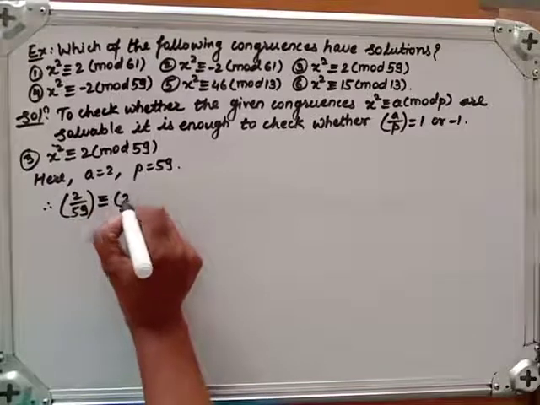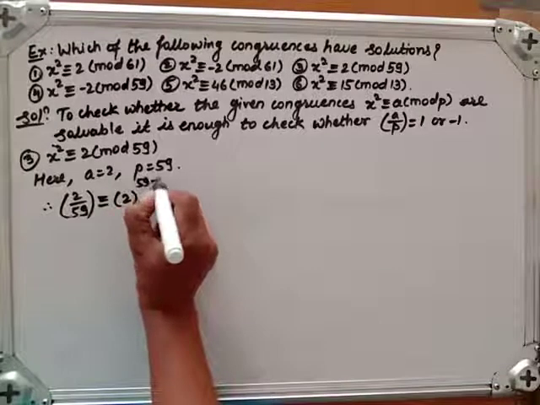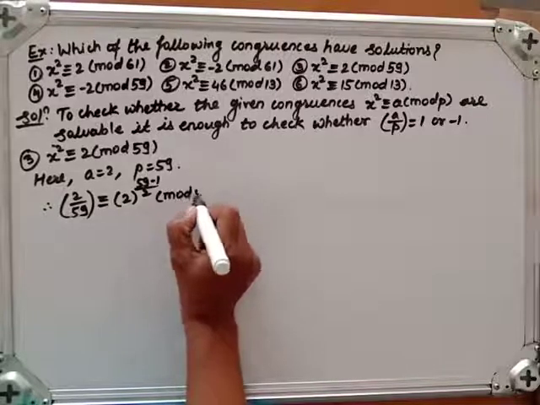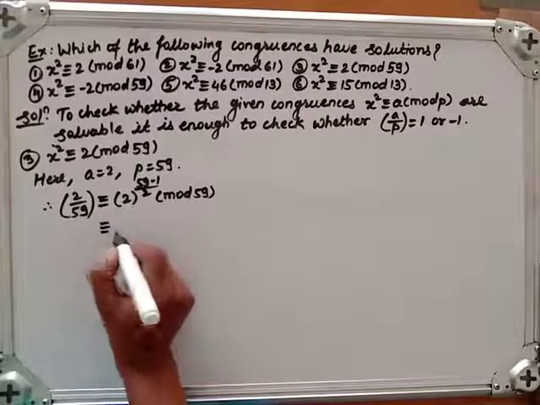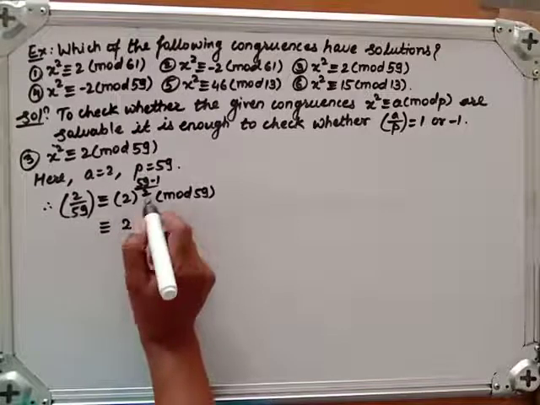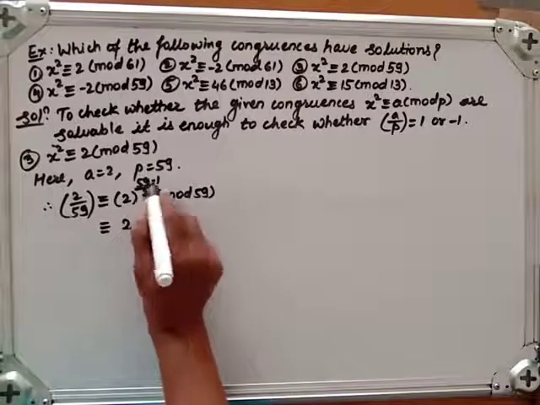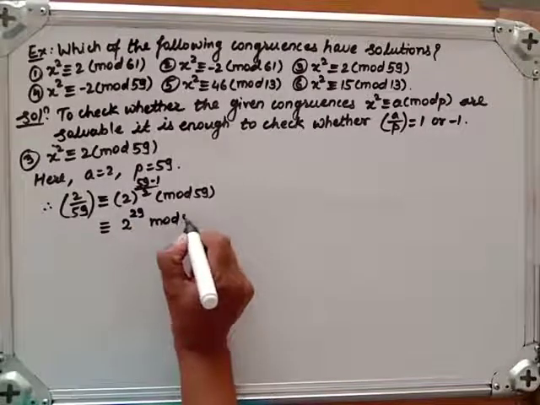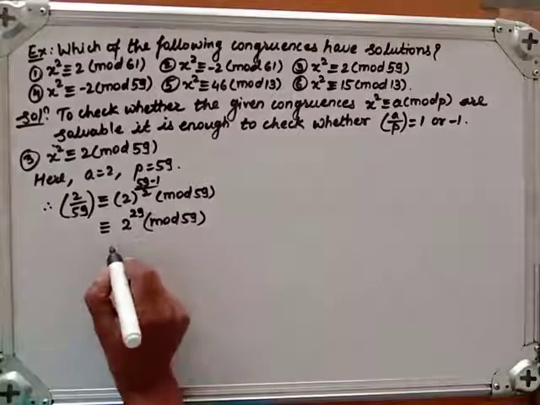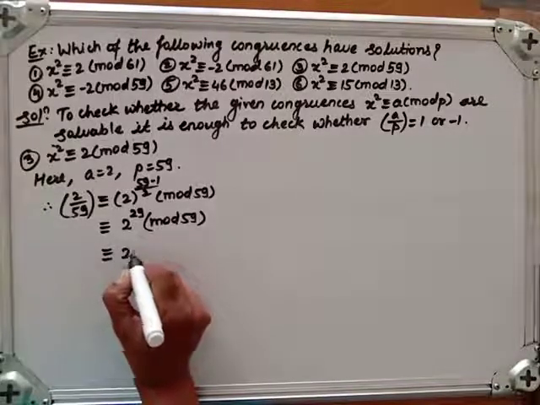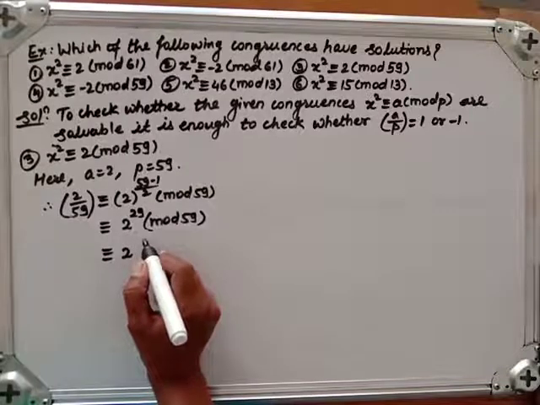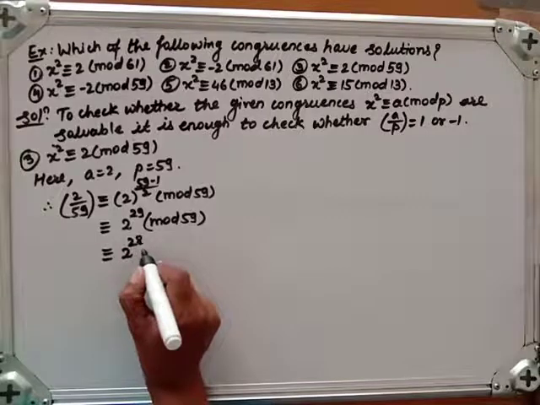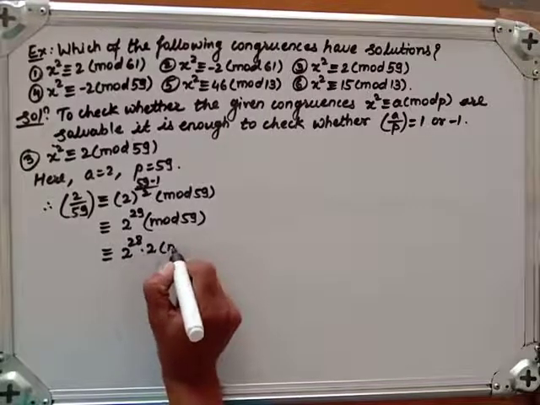It is congruent to 2 raised to (59 minus 1) by 2 modulo 59. So it is equivalent to 2 raised to 58 by 2, so 29, modulo 59. So 29, so it can be written as 2 raised to 28 into 2 modulo